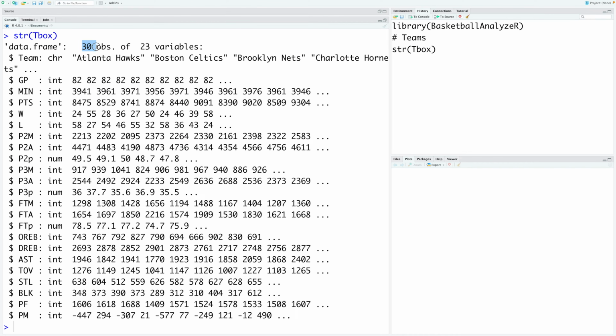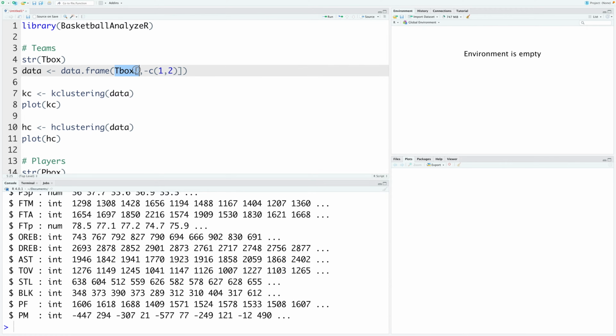So in this data, we have 30 teams and there are 23 variables related to their performance in 2017-2018 season. So first column is name of the team. So from T box, I will keep all the rows, but minus C and then 1 comma 2 means I'm going to remove columns 1 and 2.